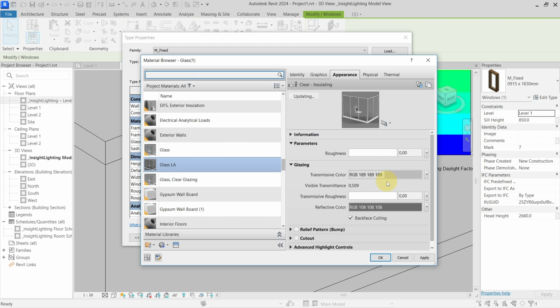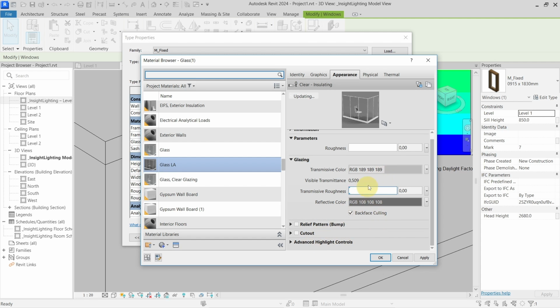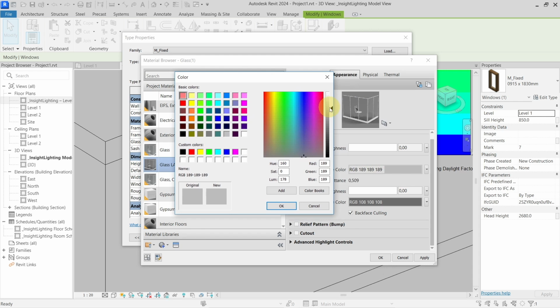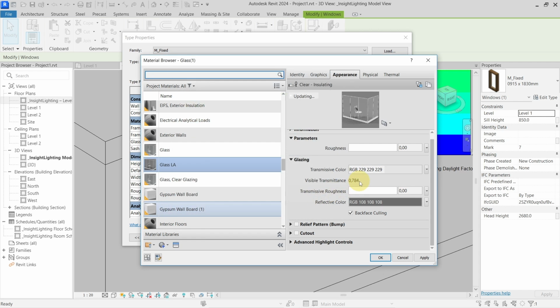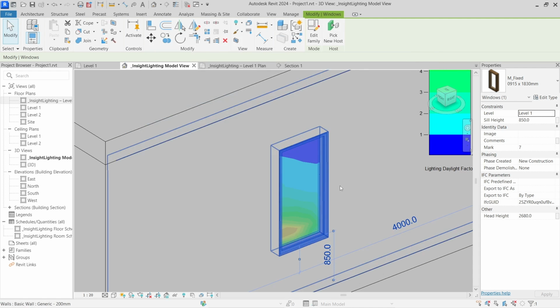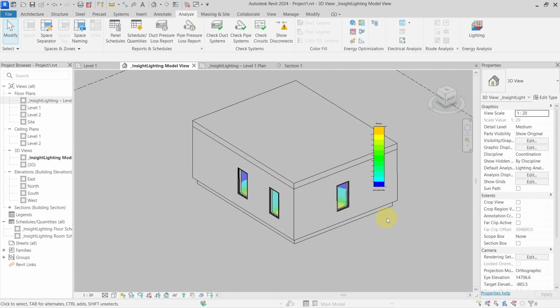They have some calculations of how they do this, but you should play for yourself to find the easiest way to define this. So basically, if you create a glass with this new type of material, you will see the visible transmittance being calculated already here. Hit OK, hit OK, and